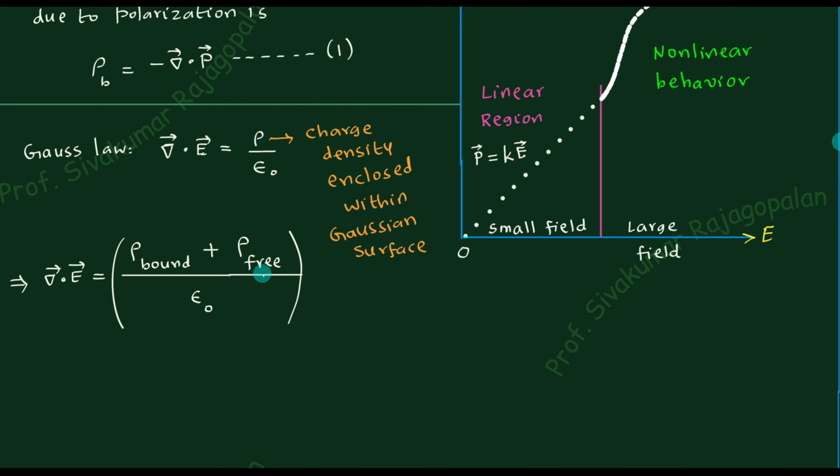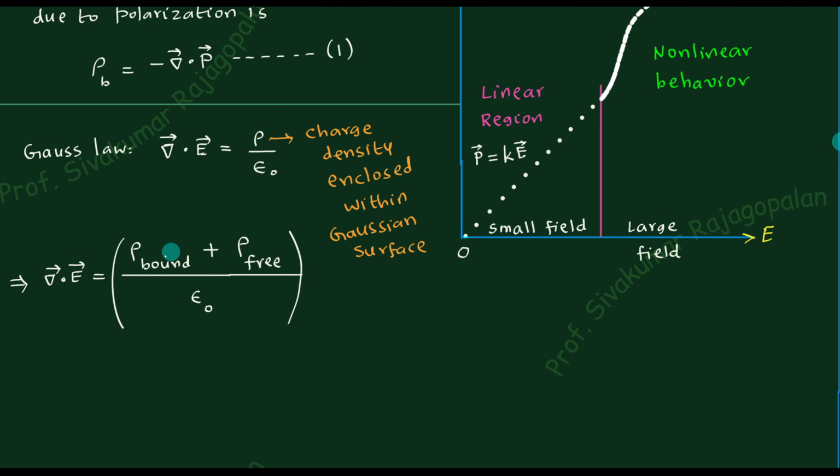That's all about it. So such charges we can call by the name rho free, whether it is free to move or not. It may not be really free to move, but however, in order to distinguish it from this particular situation, rho bound means it is the charge density as a consequence of dipole. So you are counting it as a part of dipole here. Here you are counting the charges where dipoles have not formed, but still such charges are inside the dielectric. So that is how you have to understand.